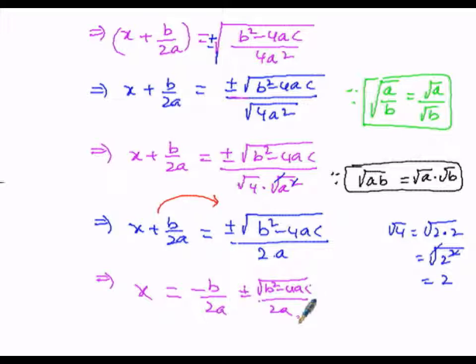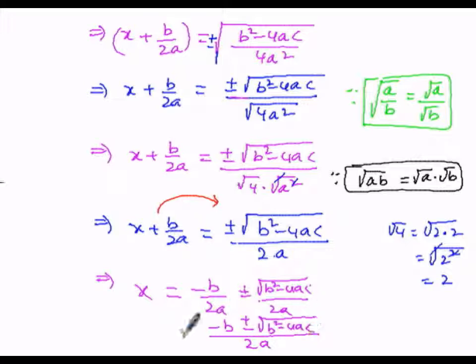Then now when I take the LCM for this, both are like fractions with the same denominators, so I can write it as 2a. Then 2a gets cancelled, only the numerator minus b is left over. Then plus or minus in between is written as it is. The 2a gets cancelled because the LCM divided by the denominator 2a by 2a cancels once, then the numerator is written as it is, that is root of b square minus 4ac.